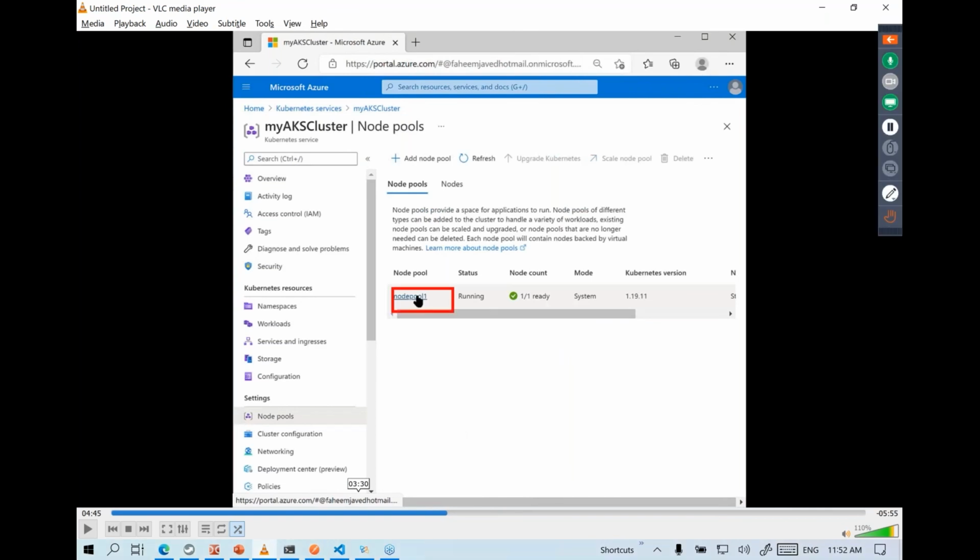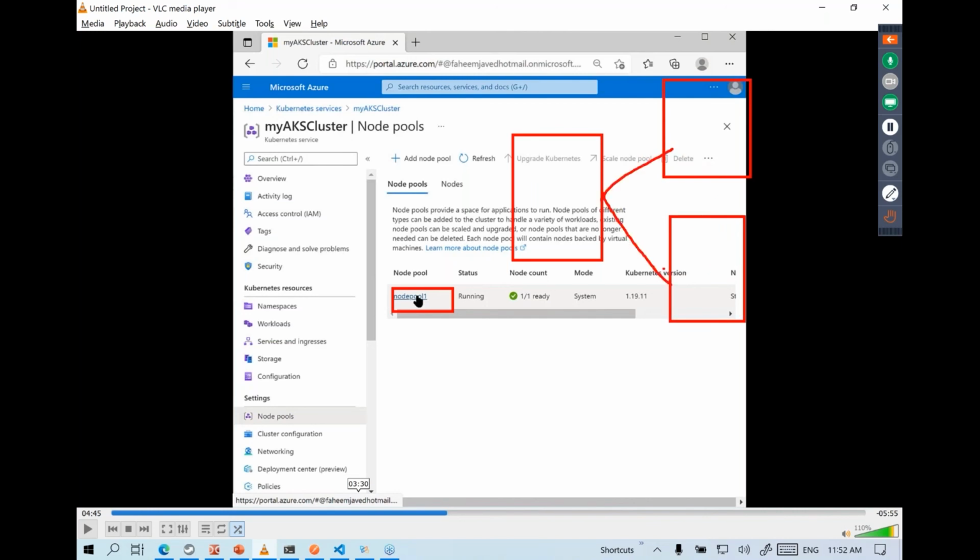So each Kubernetes cluster is composed of at least one node. Otherwise, in real world scenario, usually we end up having multiple nodes. This way, you will have better load balancing and auto failover. So this way, you will not have just a single point of failure. So if this entire infrastructure, this server crashes, we don't want to lose everything. So that is why we typically prefer having a multi-node cluster,